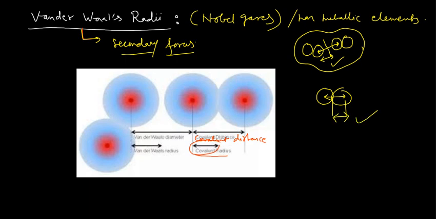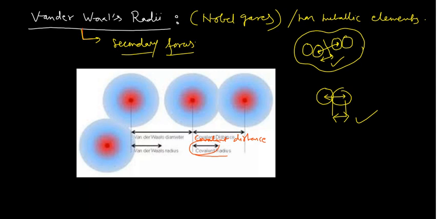But in case of the van der Waals radii, these atoms are not connected actually, they are separated somewhere, okay, and which I have shown you here actually. So this distance which I am highlighting here, this whole is your van der Waals diameter, and if you take the half of this, this is your van der Waals radii, okay. This is something very, very important which you should know.